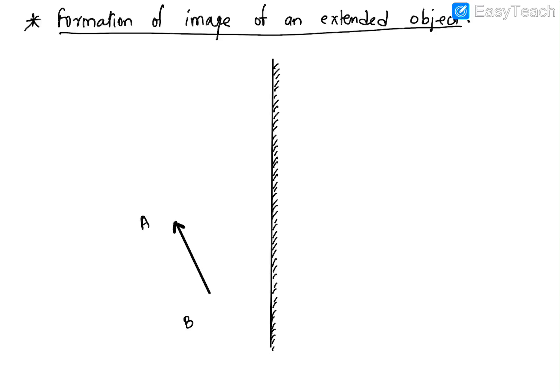As I said again, first we will mark the points for the images. Whatever is the object distance from the point B, go perpendicular to the mirror, and just behind that we'll mark the point B. So that's your point B dash. You found the point A, at the equal distance a little behind you will mark point A dash. And now let's join A dash to B dash. You'll get your image.